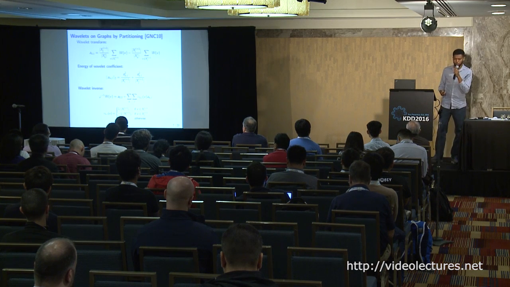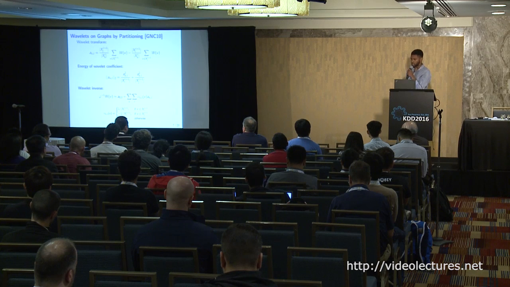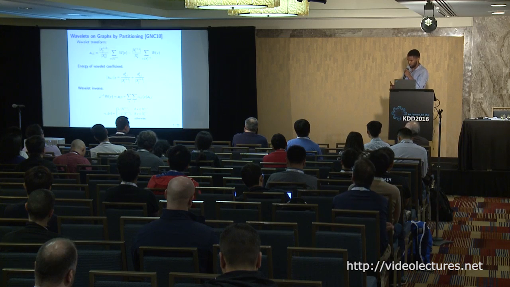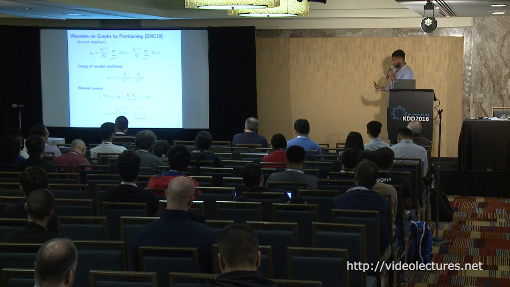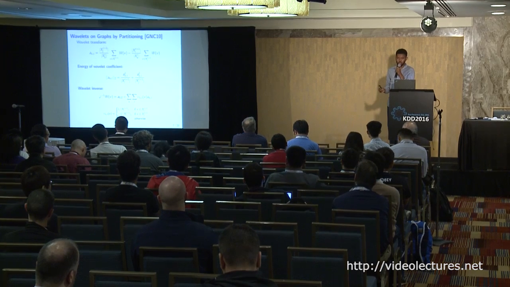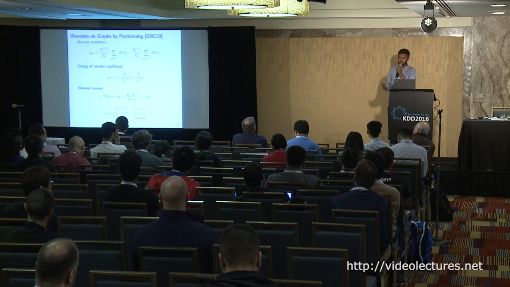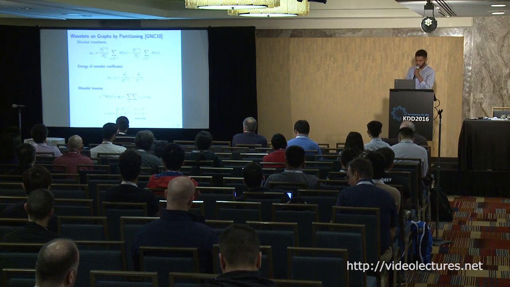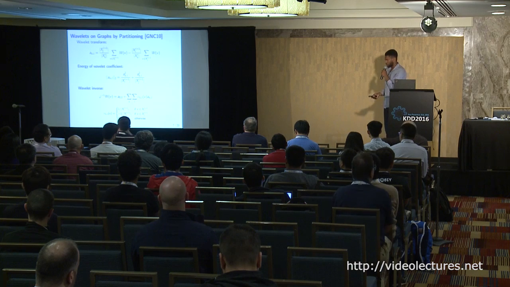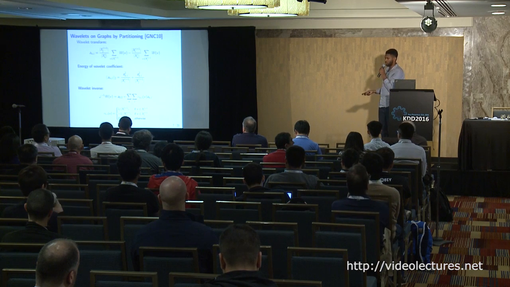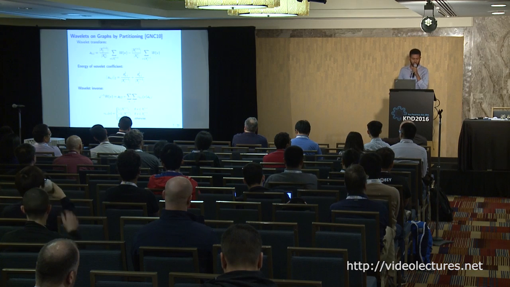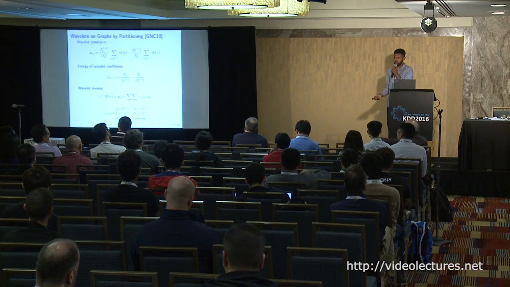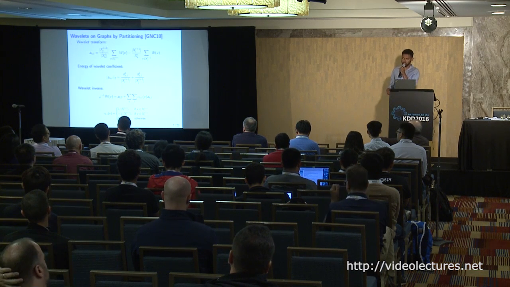In the paper, we have proved that this sort of wavelet has a Parseval property. What it means is that the energy of the coefficients is equal to the energy of the signal. And whenever you have something like that, what you want is a few coefficients with very large values, because the other ones will automatically approach 0. So we have shown how to compute the energy of a wavelet coefficient in the graph. And of course, you can always reconstruct your data based on the coefficients. If you have all the coefficients, you get a complete reconstruction of your data. But if you drop some coefficients that have small values, then you get an approximation that is still good.